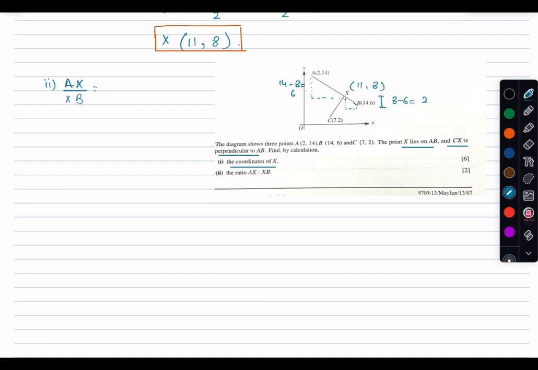The vertical distance between AX is 6. And the vertical distance between XB is 2. So I can say that they are in the ratio of 3:1. If you wanted to take the horizontal distance, then even with that working, you should be getting the same answer. If I compare their horizontal distance,